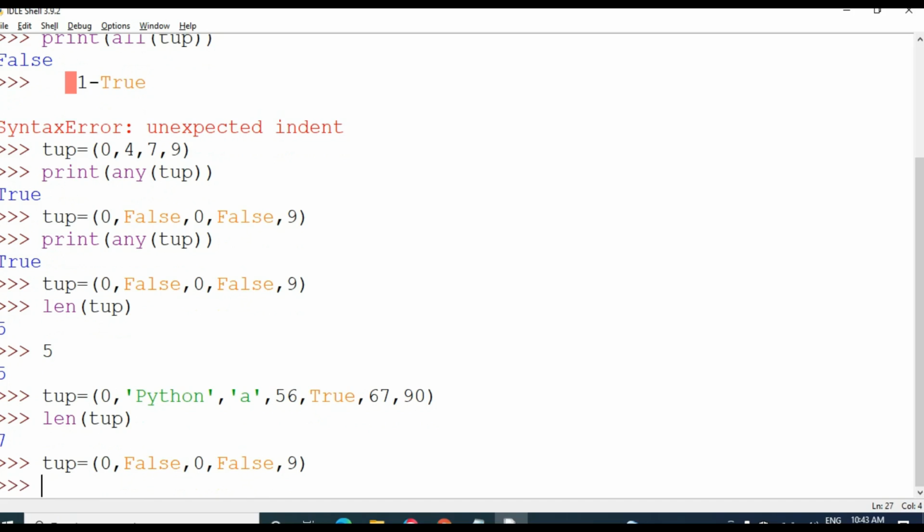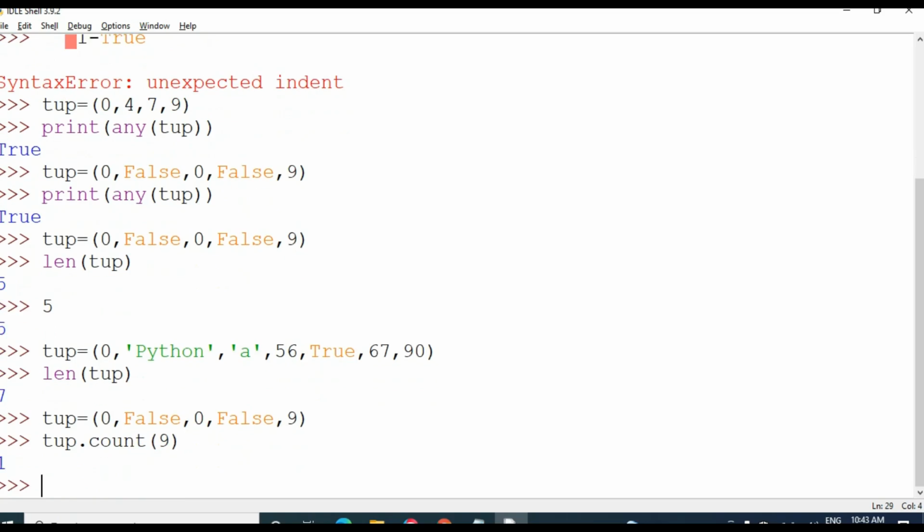Then I want to count the number of times 0 and False are present inside the tuple. Tuple dot count of 9: only one time.